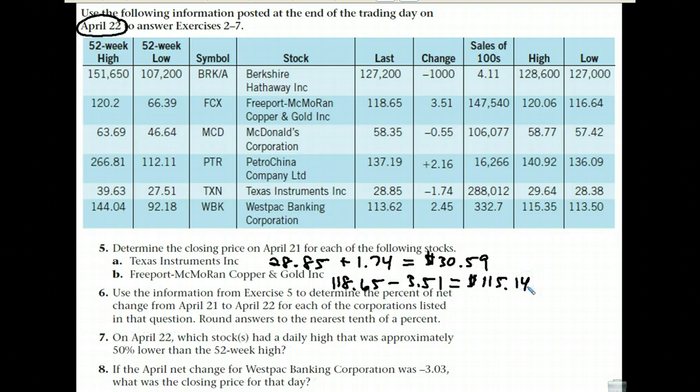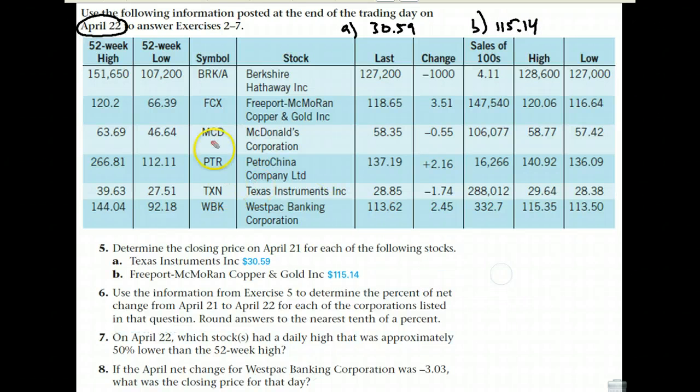Now in number 6, go ahead, take a moment to read that. Okay, so since we're trying to find the percent of net change, first of all, you need to understand that our answers are going to be percents, and we're going to use the same information from number 5. I'm going to write these answers up here so that I can erase and get some more space. So we got 30.59 in part A, and part B was 115.14. All right, so what we want to do here,